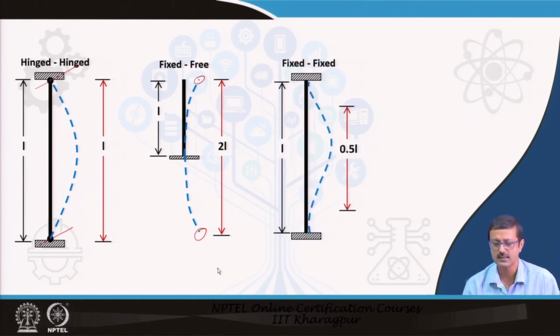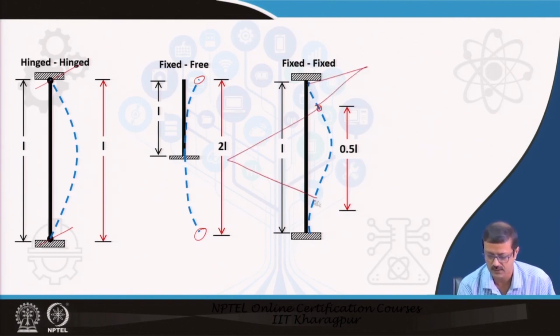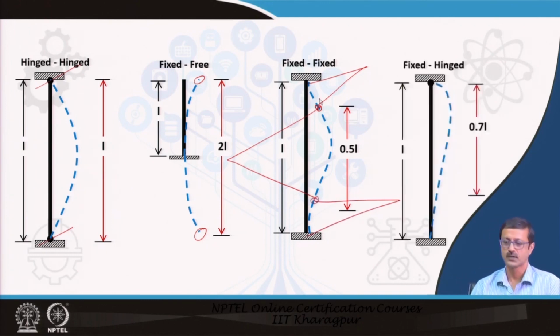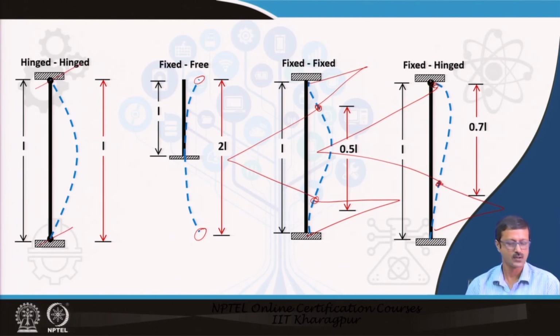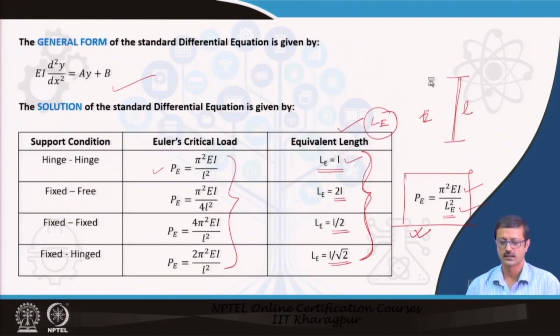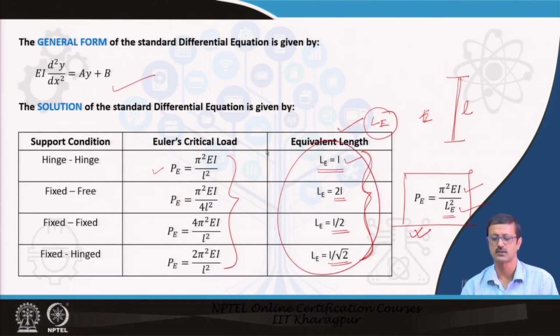So, third case, this is the fixed and free fixed. So, this will be the moment 0 point, because this is the curvature, this is the curvature, this is the curvature. So, these 2 points are the moment 0 point, this is 0.5 L. Whereas that other one which we have just now talked about, this is the curvature and this is the curvature. So, these two are the moment 0 point, this is hinge already moment 0, it is 0.7 L. So, we now understood the whole philosophy behind this particular thing, how the moment equivalent length is marked